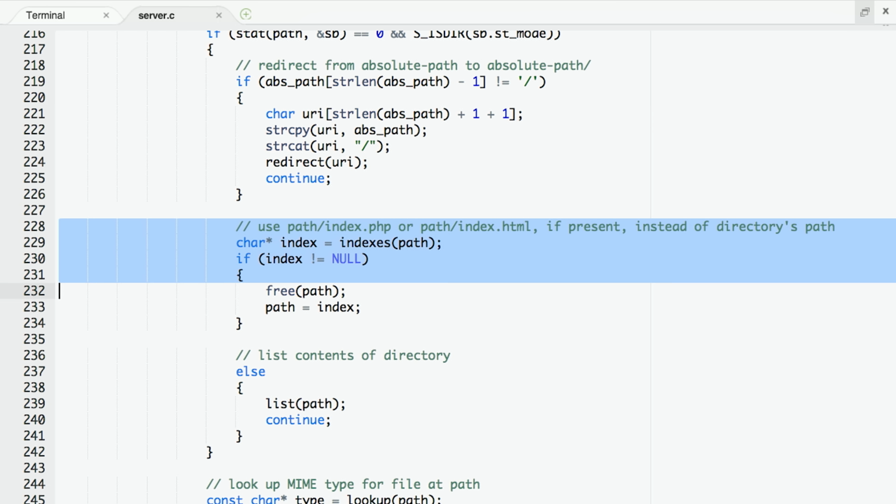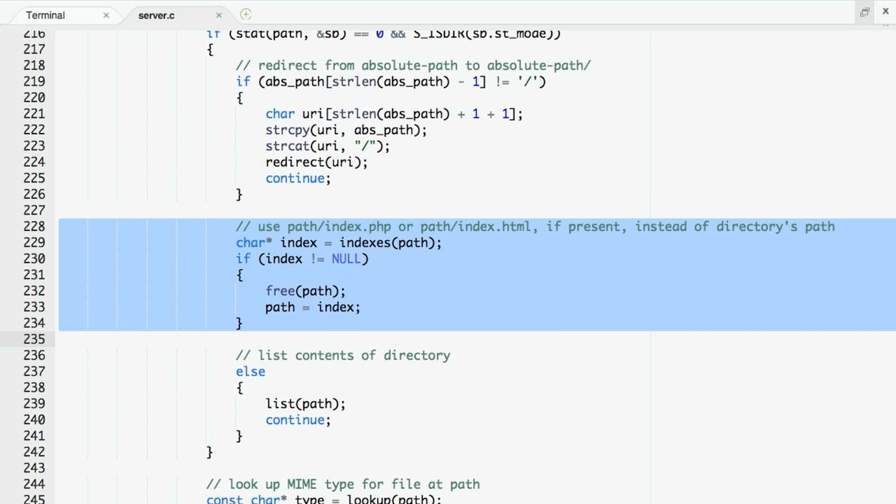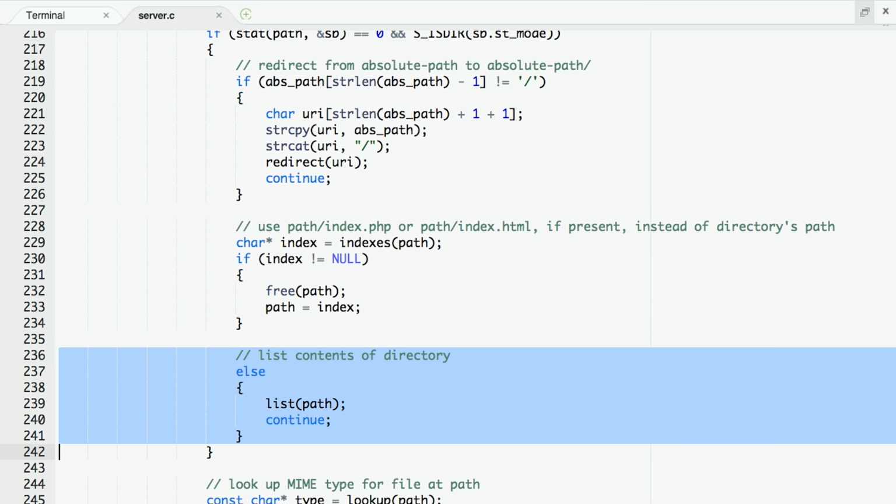Meanwhile, we check one other thing. If the user has visited a directory, and that directory contains a file called index.html or index.php, by human convention, we don't want to show them the contents of that directory. We want to show them the contents of that default file, index.html or index.php. And so the code I've highlighted here calls a function called indexes that simply checks, does there exist a file in here called index.html or index.php? Otherwise, if none of those conditions apply, we simply call a function list, which we wrote, which literally lists the